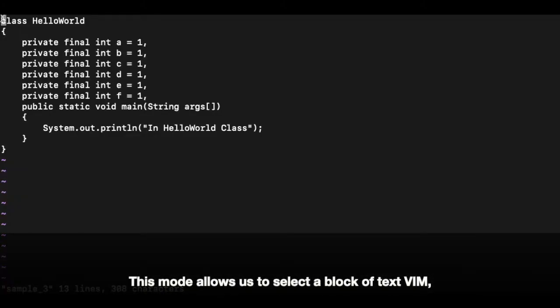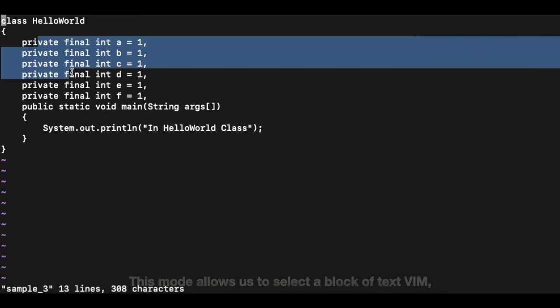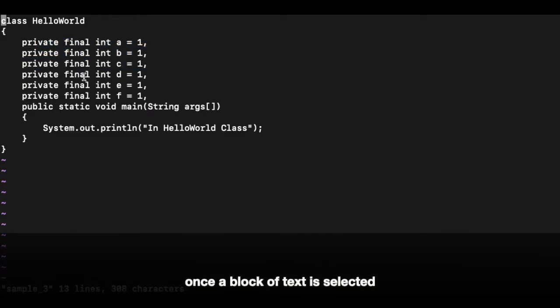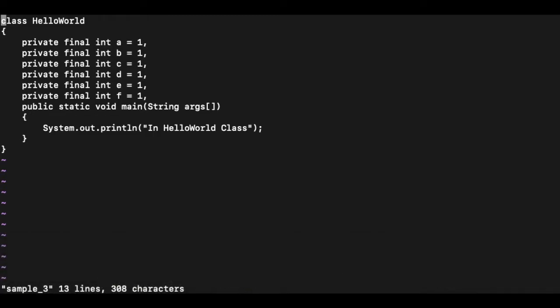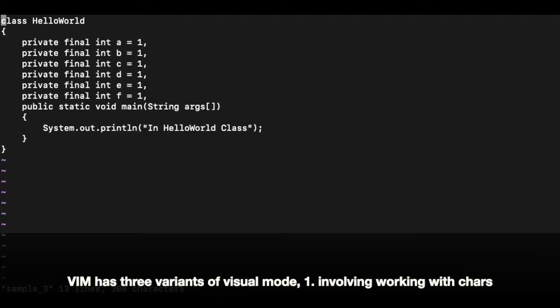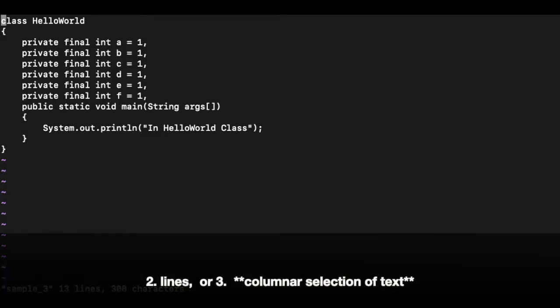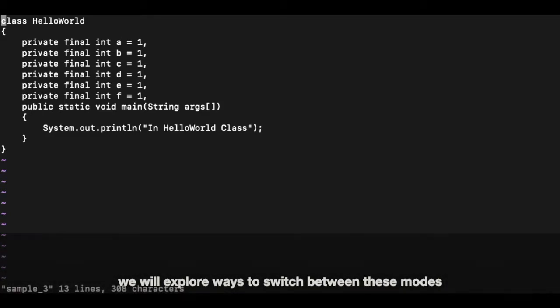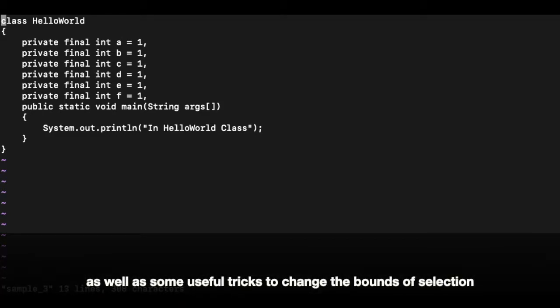Now onto visual mode. This mode allows us to select a block of text in Vim like we have text selection in other editors. Once a block of text is selected, you can use visual modes to perform actions on the selected text. Vim has three variants of visual mode involving working with characters, lines, or rectangular blocks of text. We'll explore ways of switching between these modes as well as some useful tricks for modifying the bounds of a